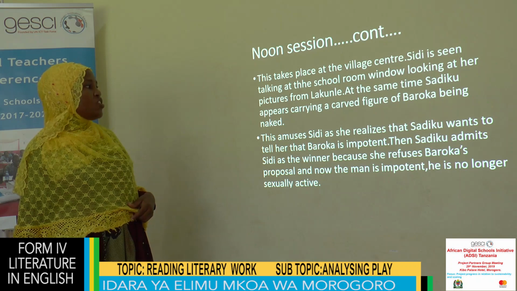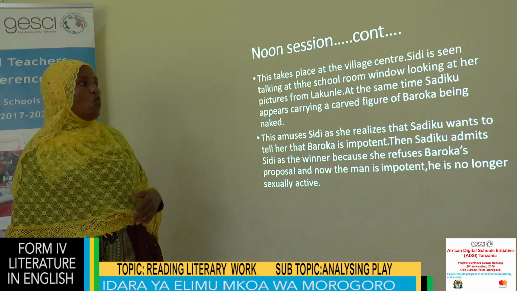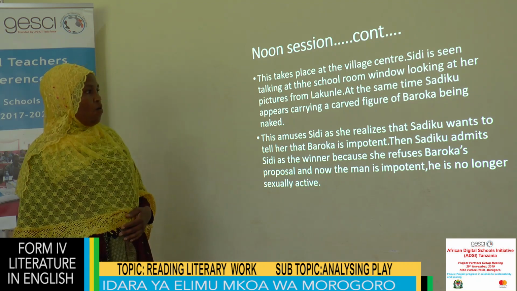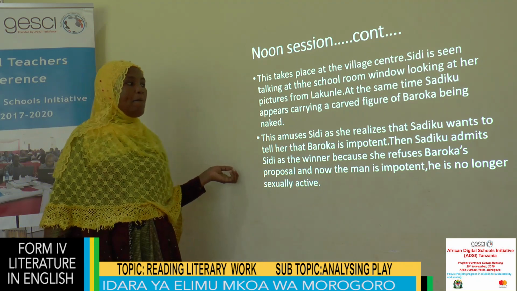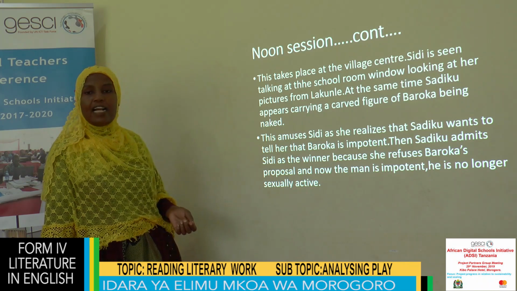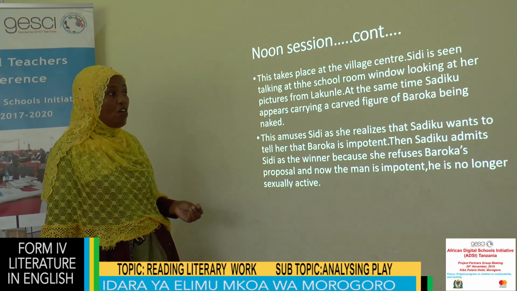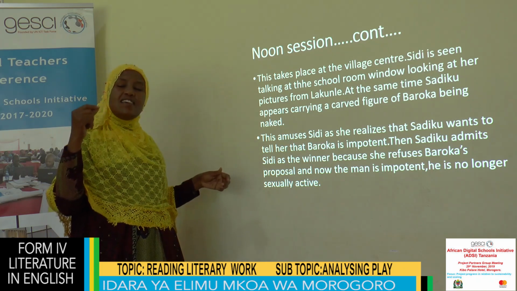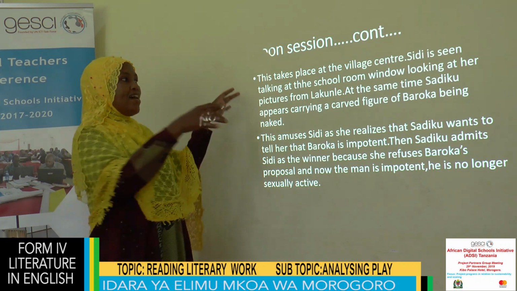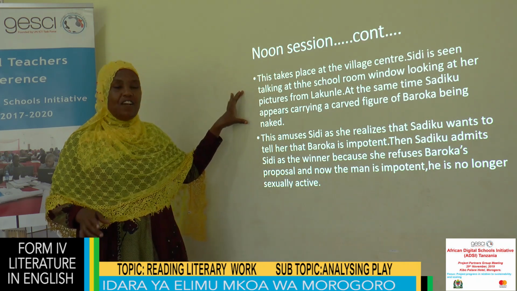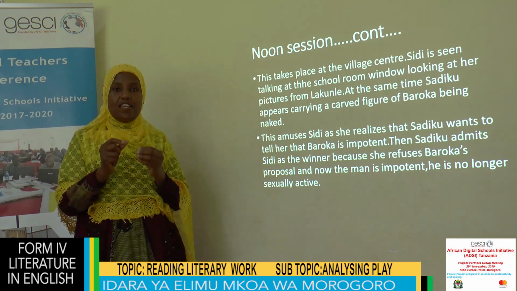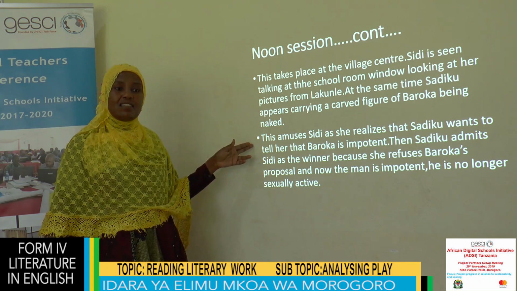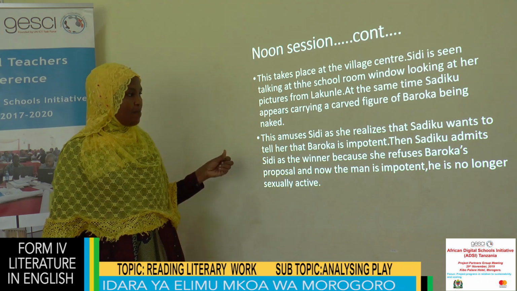At that time, Sidi is seen talking at the schoolroom window, looking at her pictures from Mr. Lakunle. Now, at the same time appears a woman carrying a carved picture of Mr. Baroka, who is being naked. That woman is Sadiku, the eldest wife of Mr. Baroka, appearing in that environment, having carried a carved figure of Mr. Baroka being naked. When Sidi sees that, she realizes that